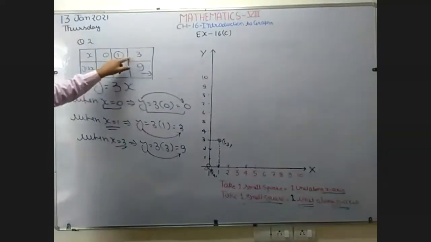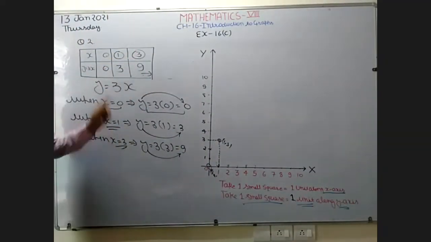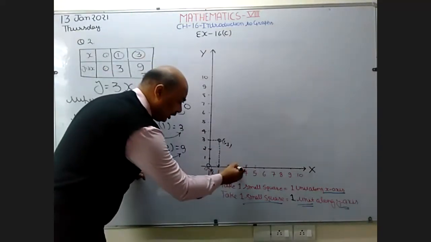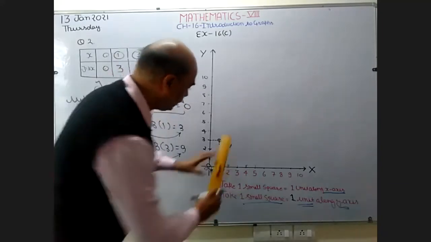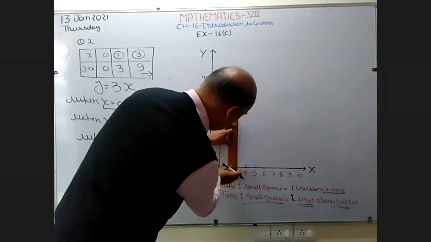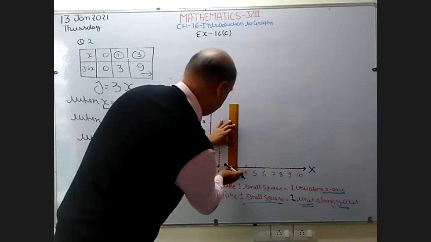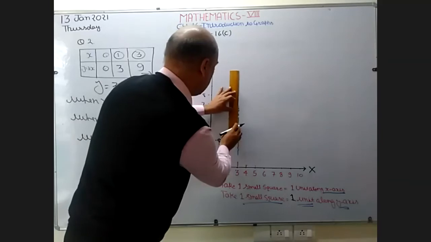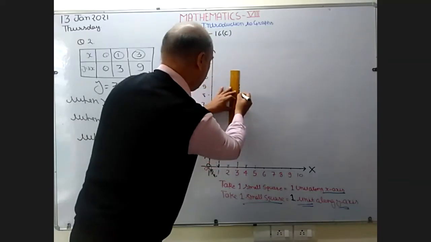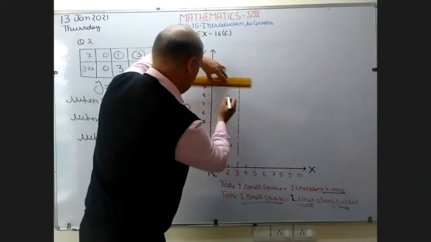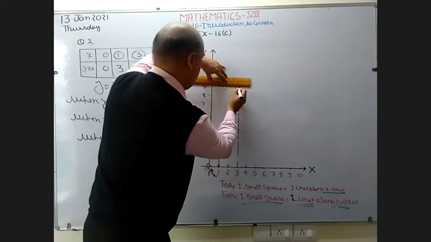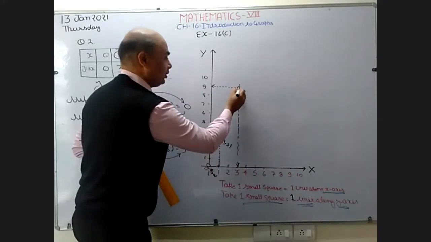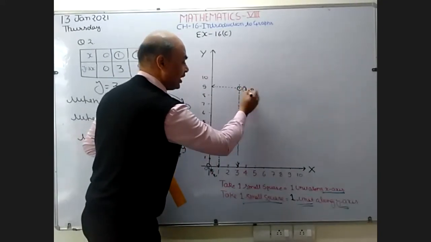Okay. Now next, what is given? X value 3. Where is x value 3? On the x-axis you can take the value of x as 3. Now I take this point 3, and it is going to be paired with 9. It means we have to go up to 9. So 9 is where this 9 is. Now this is your 9, this is the value of 9, and this is your value of x. Then they are going to meet each other. So this point is going to be represented by 3 and 9.